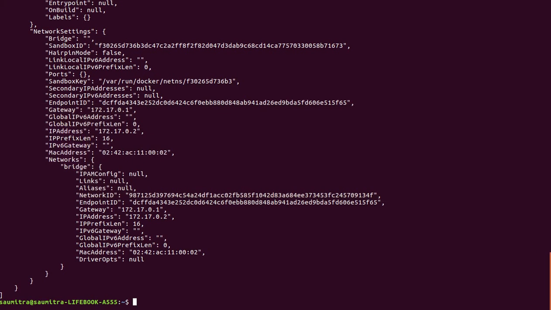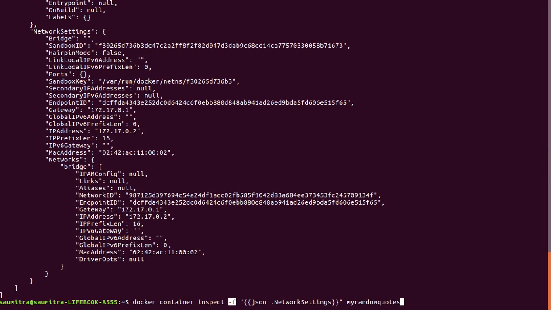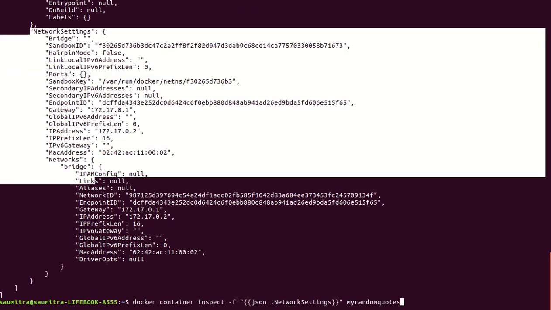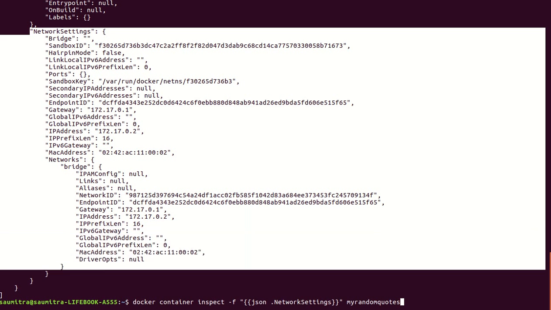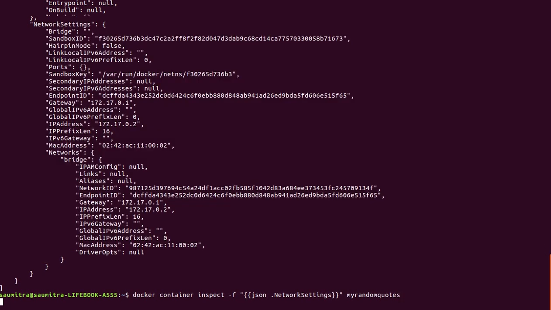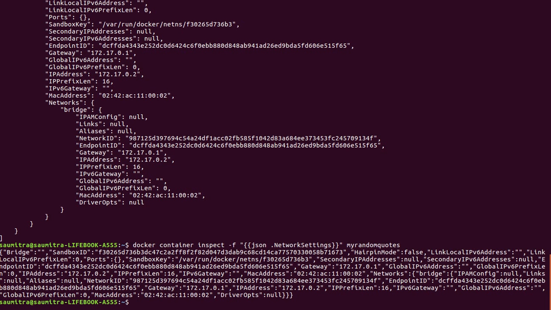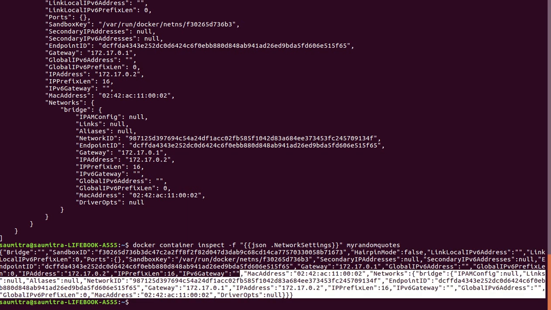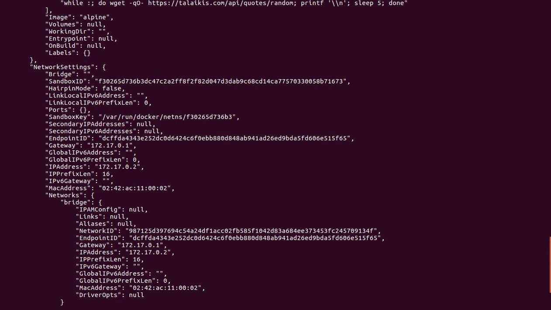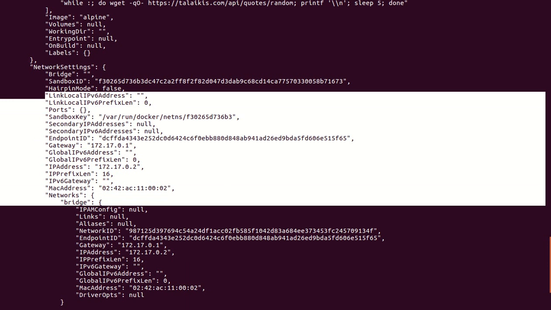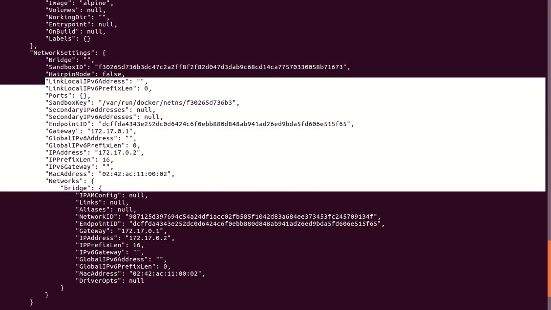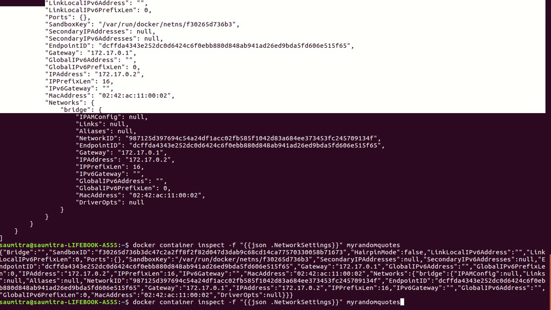If I use this command, docker container inspect -f, this will print only network settings of my random codes container. It will only list down the network settings of the my random codes container. So it has only given me the network settings, because I filtered out all the data which I don't need. And if I want any other data,